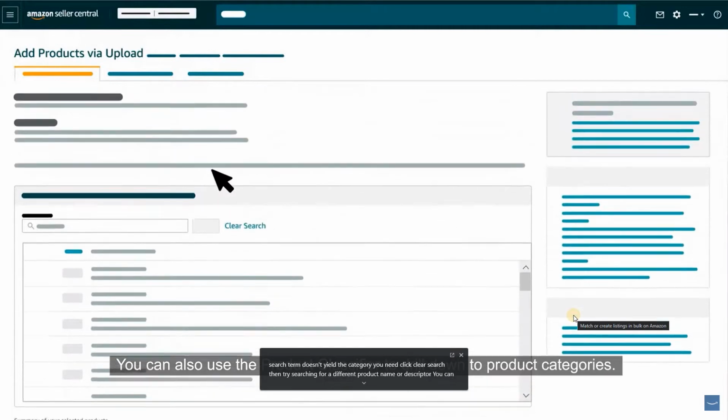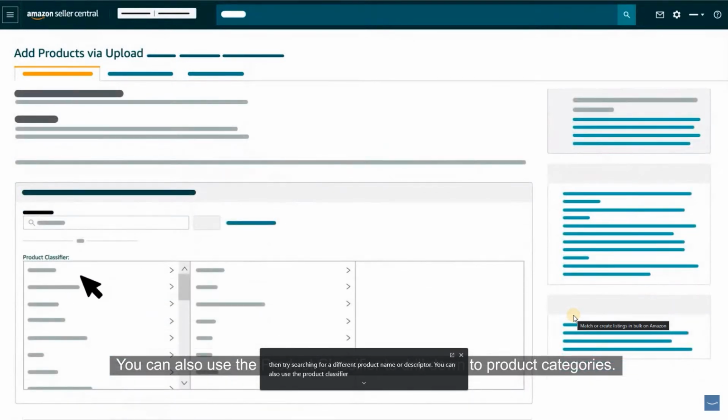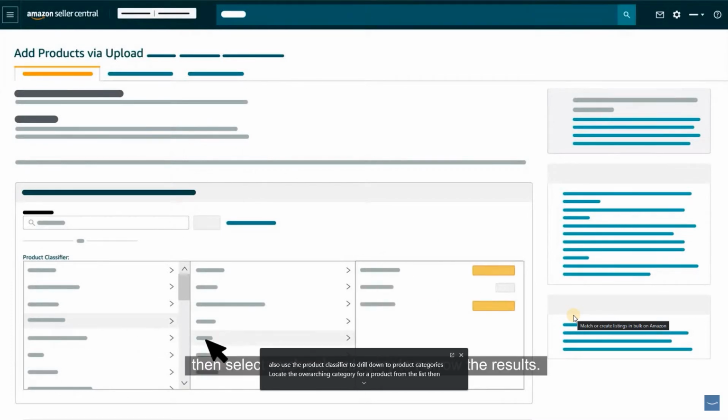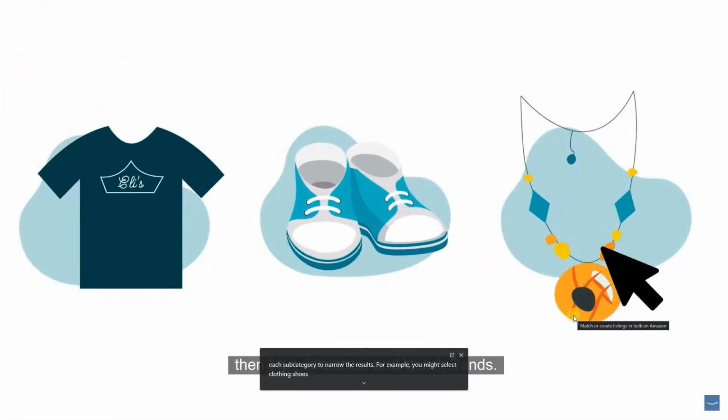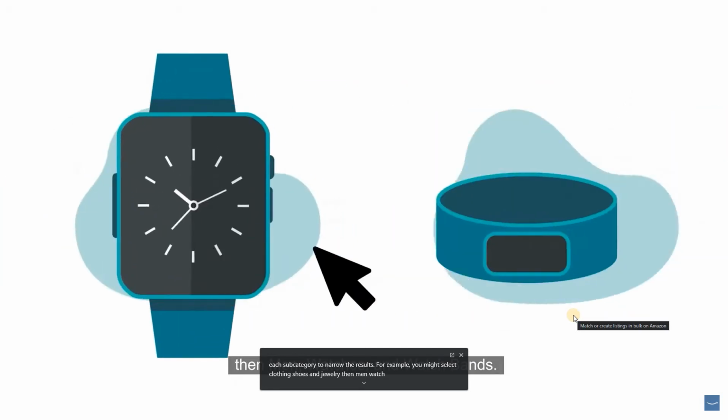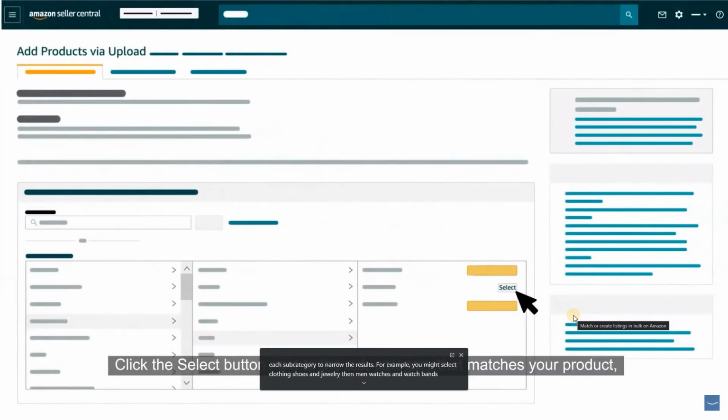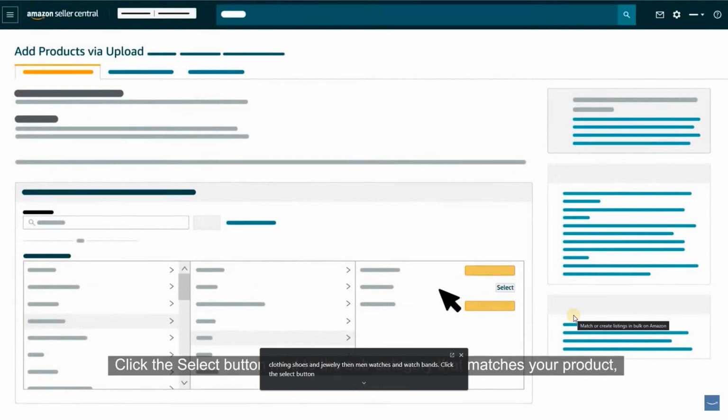You can also use the product classifier to drill down to product categories. Locate the overarching category for a product from the list, then select each subcategory to narrow the results. For example, you might select clothing, shoes and jewelry, then men, watches, and watch bands. Click the Select button next to the subcategory that matches your product, which will add it to the list below